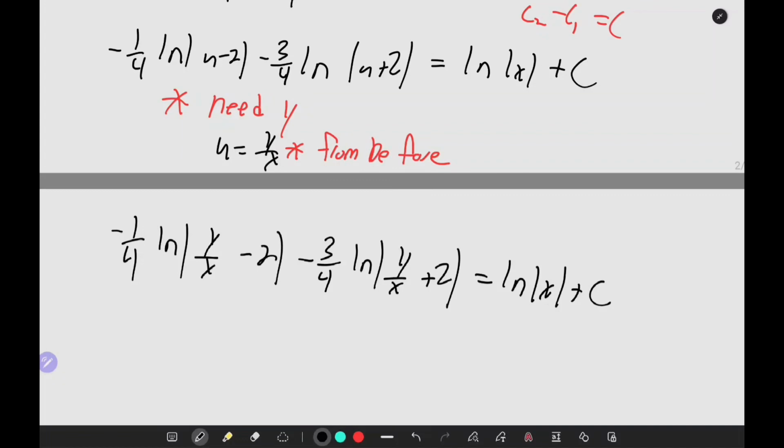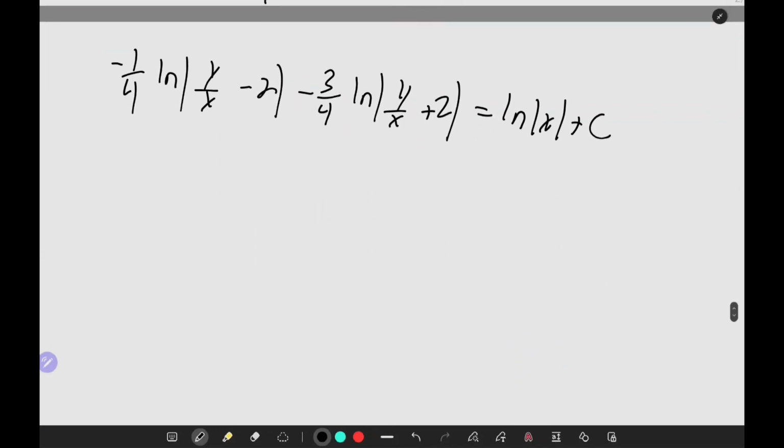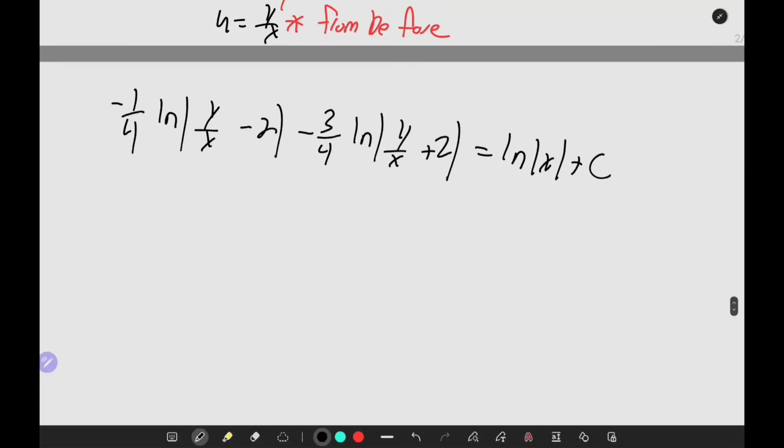Yep. Okay. This is technically... Okay, so now what we want to do is we could leave it like this, but I'm going to show you how to simplify this. I think it's a really good idea to simplify this. It's not too bad to simplify this. So what we can do